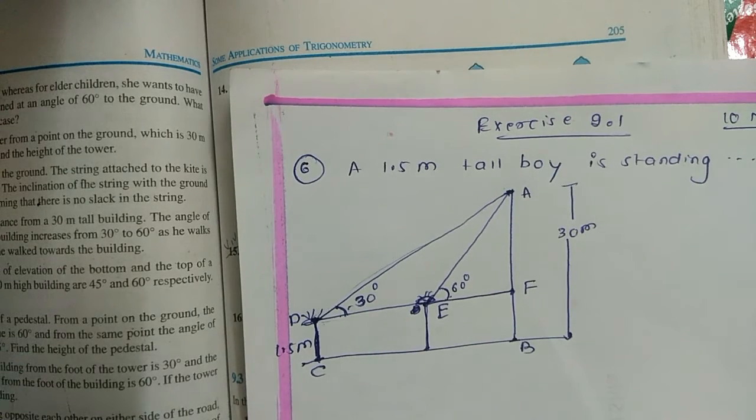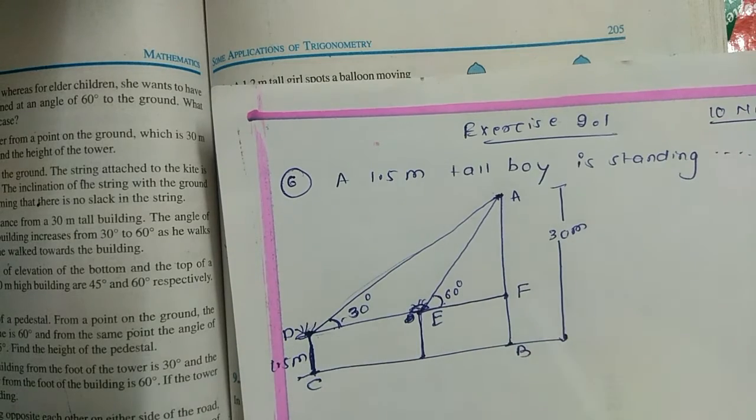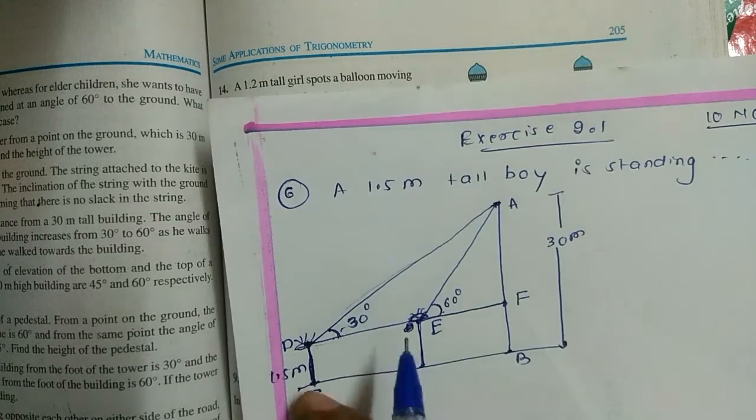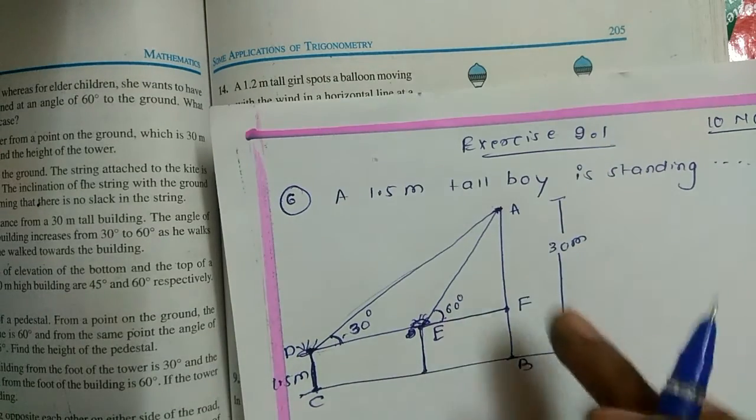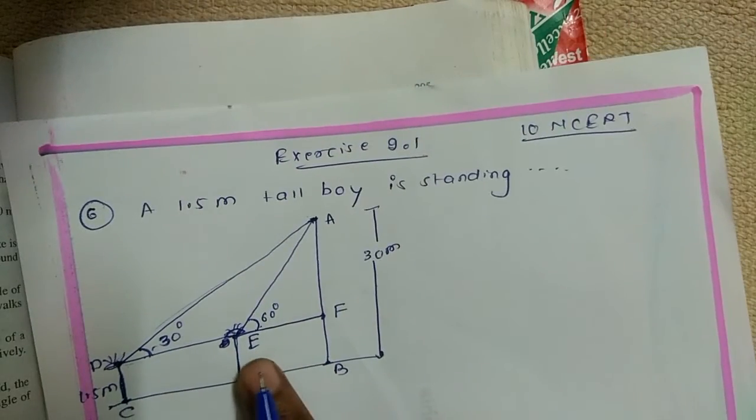But before starting with the solution, as I told you, you should draw the figure for the given question so that you will come to know what you have to find out, and you should name the new points, whichever you are taking, or the distances, so that again you should not go back to the question here. So now we need to find out here D.